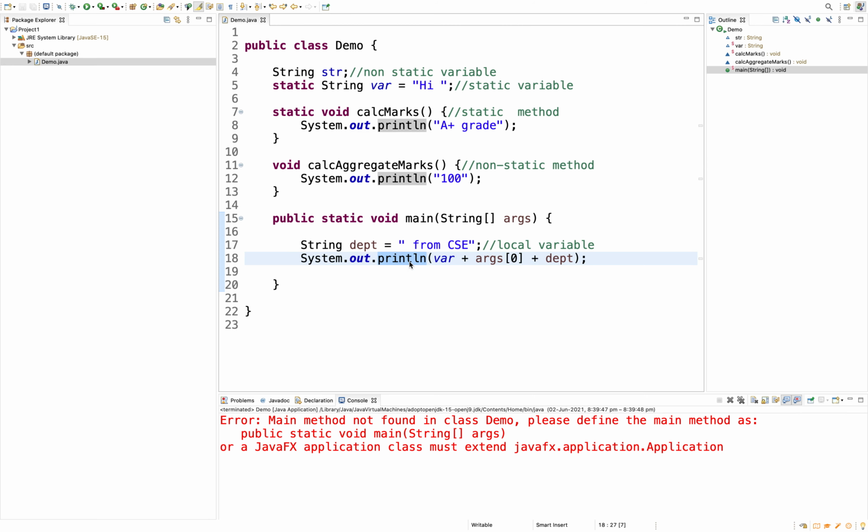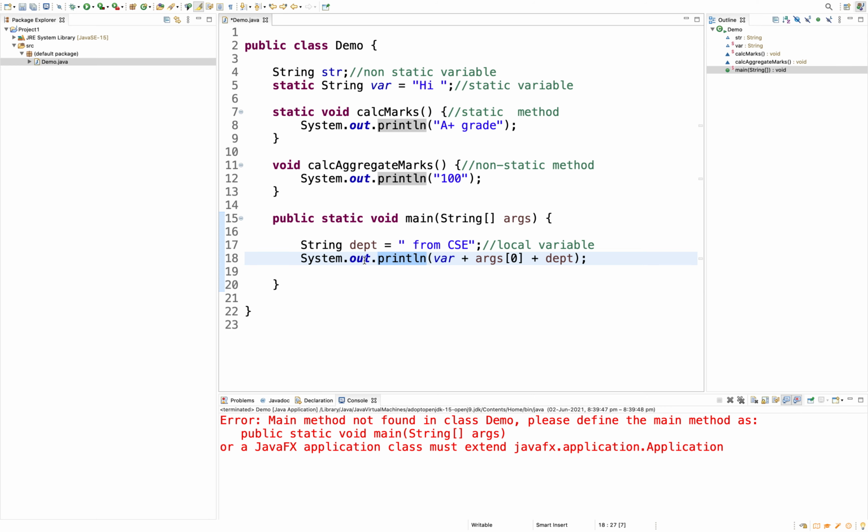So this is a println method, or we can also write the print method. What is the difference between print and println? Print will just print it. Println will print and go to the next line, so it's a new line. That's the difference. These println and print methods are the two methods in the PrintStream class.